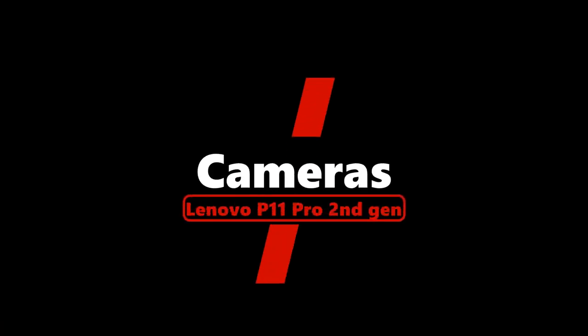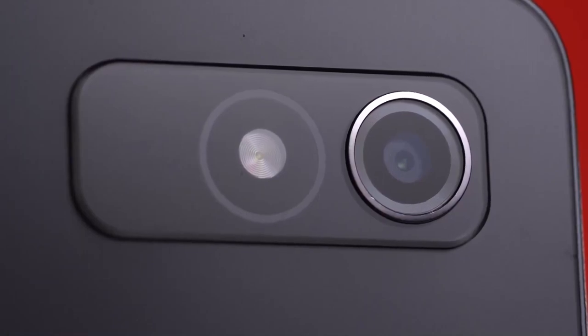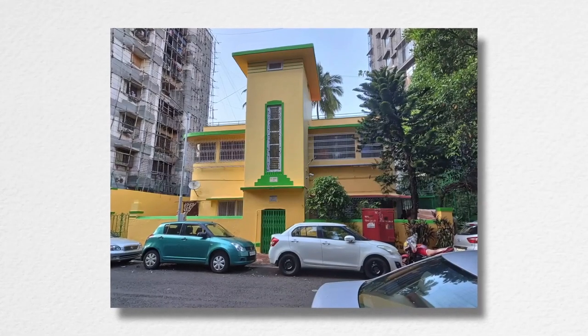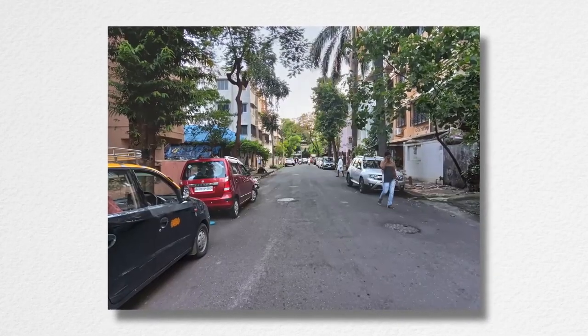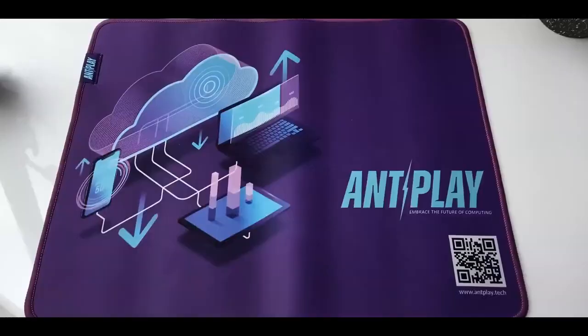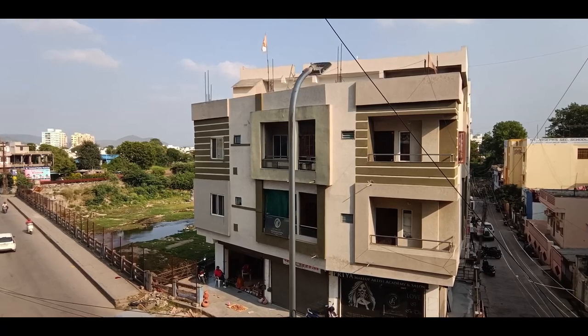When it comes to tablet cameras, it's best to keep your expectations low. They'll never compete with the photography experience provided by smartphones. The Tab P11 Pro Gen 2 has a single 13-megapixel camera on the back, which falls short of the multi-lens setups found on some tablets. Photos taken with the rear camera look good if the lighting is good and you're shooting from a reasonable distance. If you need to zoom in, move into macro mode, or capture a wide, sweeping landscape, your results will be